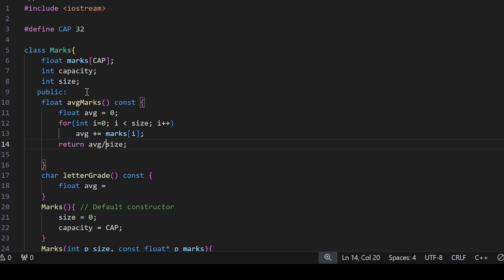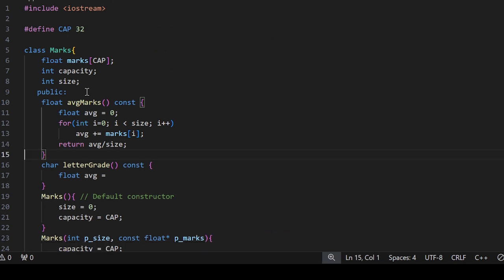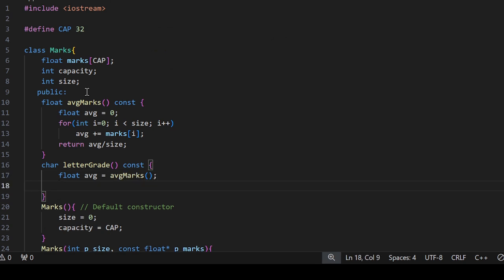So just remember, avg is a floating point type, size is integer type. So this operation will promote this integer to floating point type, and floating point division happens. So the result is the floating point number here. So we can call that function max. We get average max in avg. Then after that if, for example, avg is greater than 90, then we return,